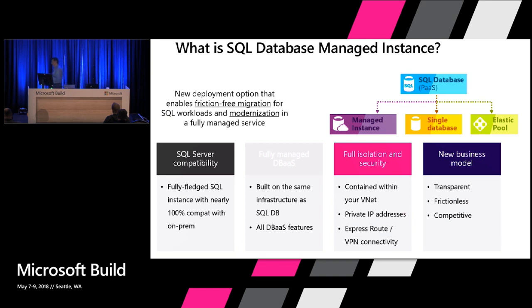And of course, it is there to enable some very interesting scenarios, like hybrid scenarios. You have your instances of SQL running on-premise, you want to offload a couple of portion of these instances in the cloud, but you want to keep the connectivity through the private channel. This is something that you can achieve through managed instance because of this VNet integration and express route connectivity.